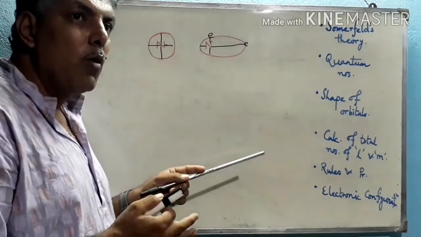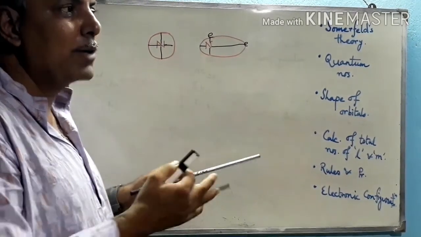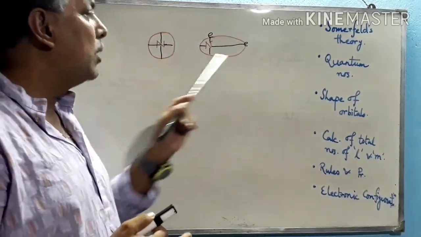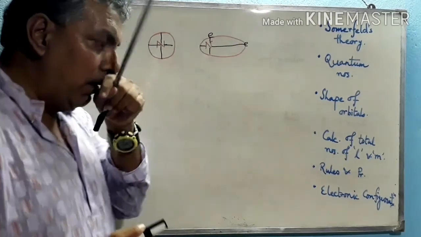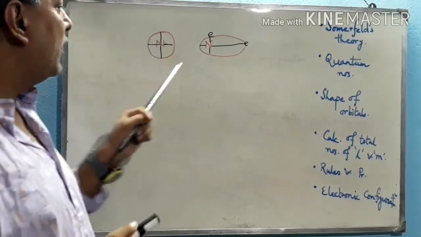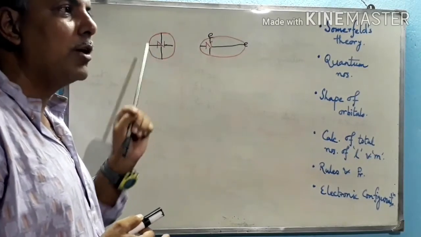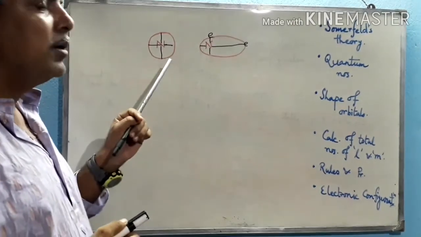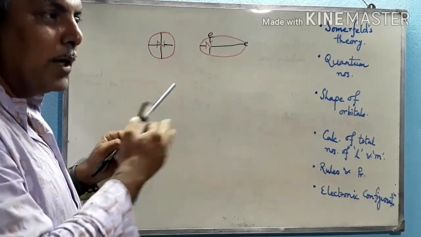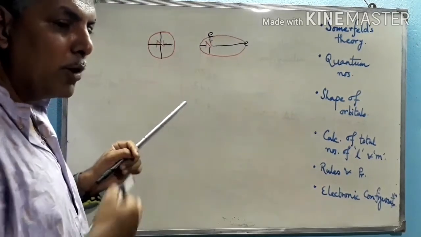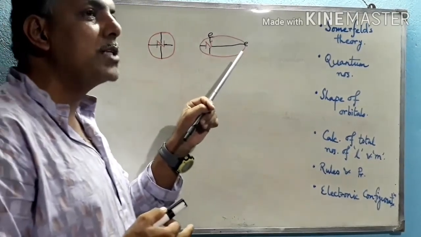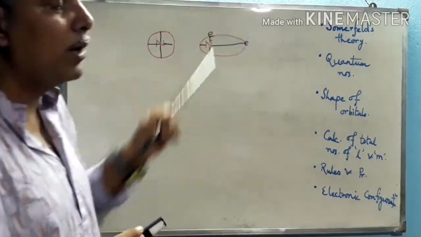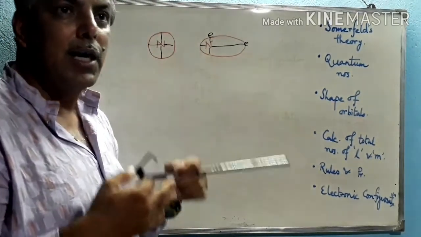So actually, what is happening in the case of an electron revolving around the nucleus? There are two different pathways to discuss. Einstein proposed that in a circular pathway, in which the electron revolves around the nucleus, the velocity remains fixed, therefore the momentum also remains fixed. So though the electron revolves around the nucleus in a two-dimensional orbit, it continuously follows the same pathway. But in an elliptical orbit, its velocity constantly fluctuates.